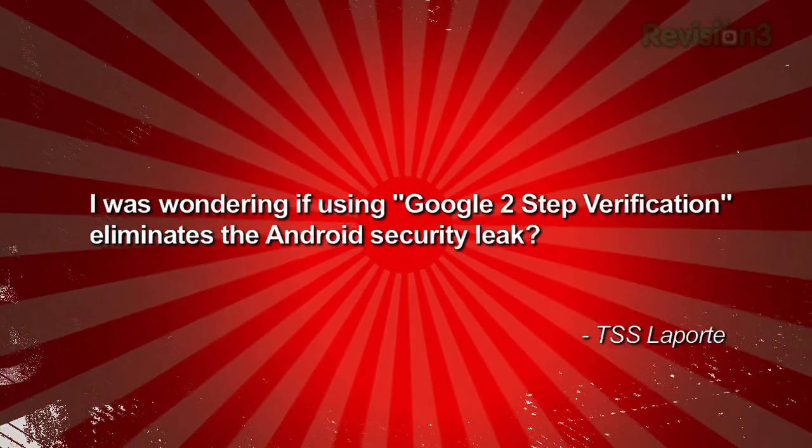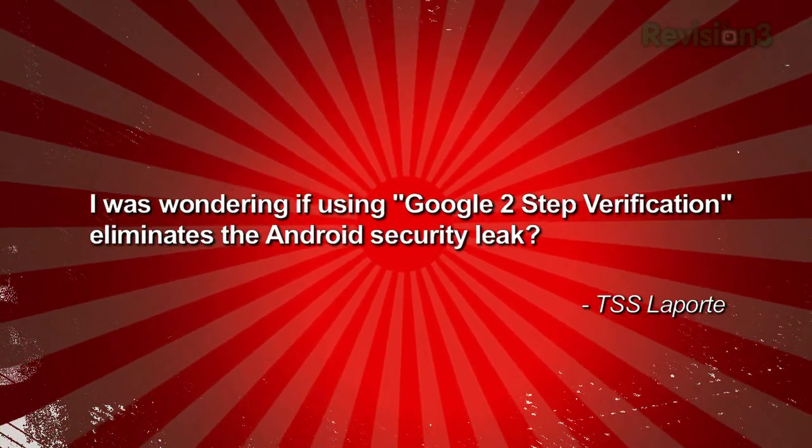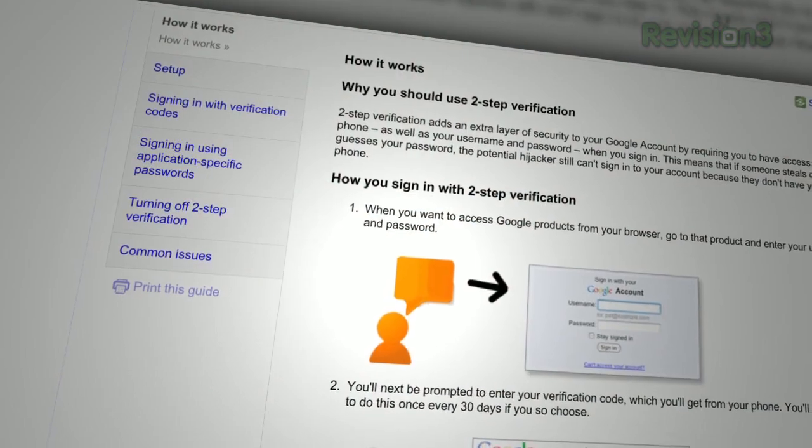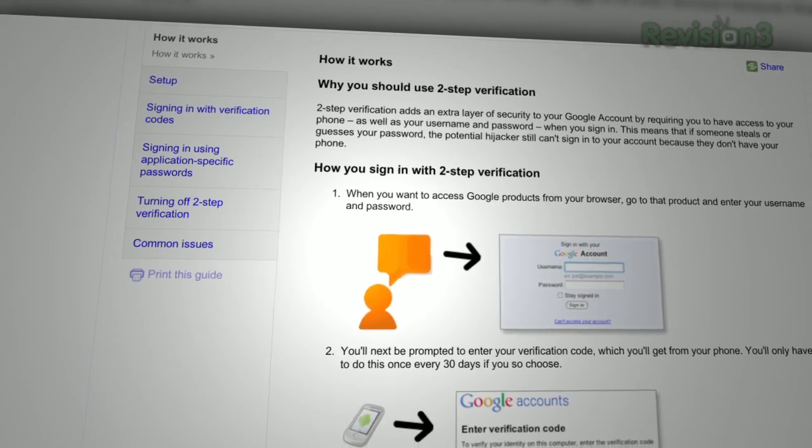Cool. Yeah. And let's fire up one more question to close out the show. TSS Laporte tweets, I was wondering if using Google two-step verification eliminates the Android security leak. Short answer, probably not. The potential for the leak occurs when a malicious person sets up an open Wi-Fi hotspot